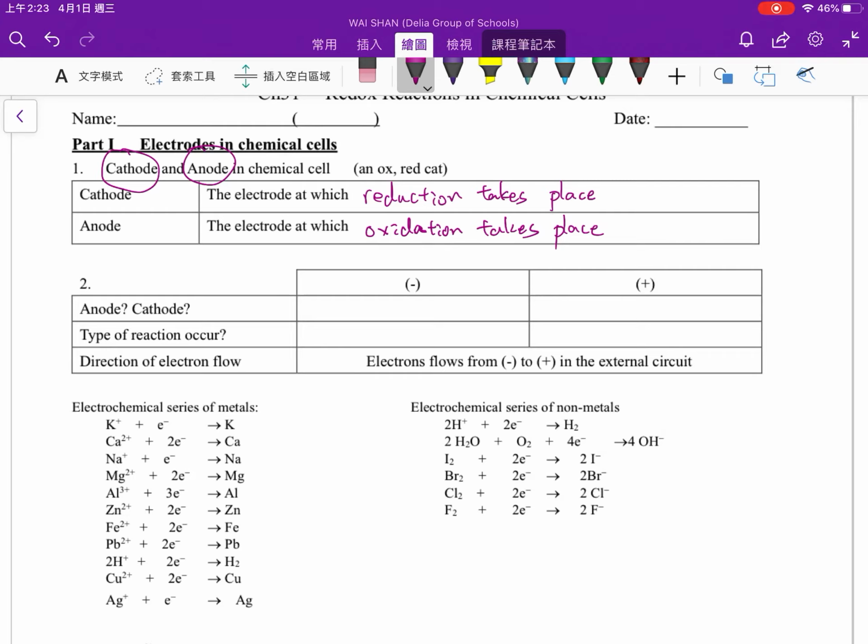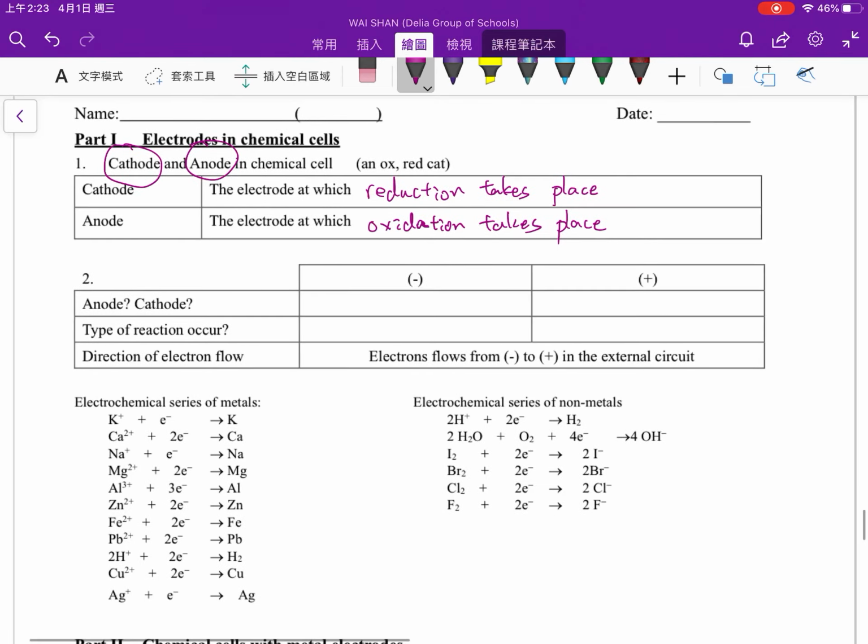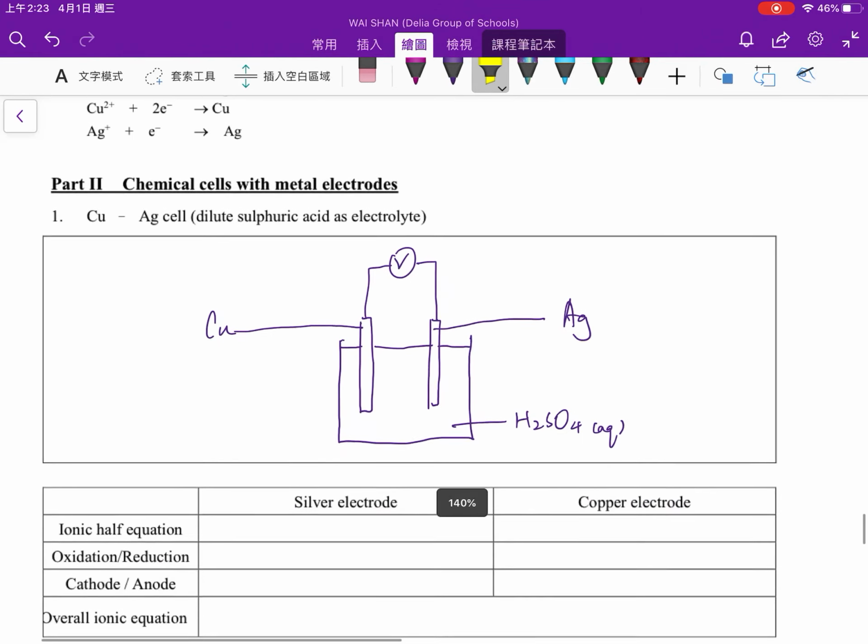Okay, so for easier remembering, we call it "An Ox, Red Cat." Red Cat, red for reduction at the cathode. And An Ox, for oxidation at the anode. Okay, Red Cat and An Ox. So let's go back to